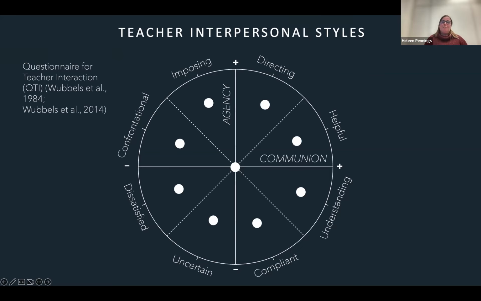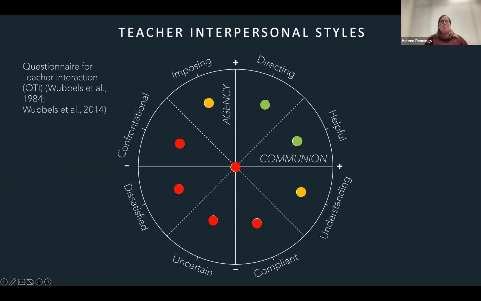And from a large body of research conducted over the last 30 years, we know that directing and helpful are very positive for student outcomes and also for teacher well-being. We also know that the imposing and understanding styles are somewhat okay-ish because students still learn.